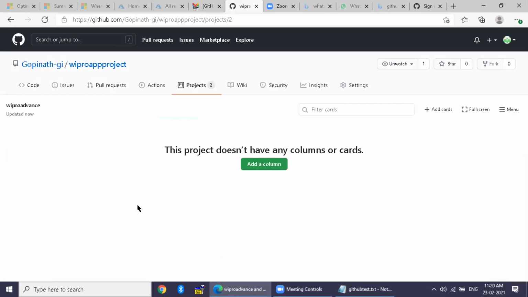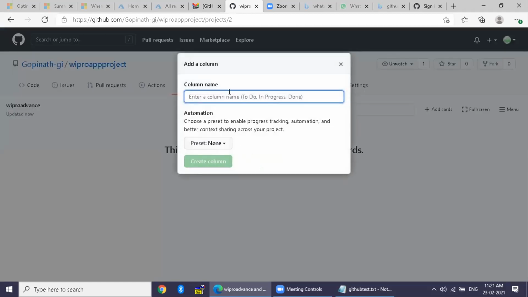Now it does not give you anything, right? It's blank. So now let's add a column. For example, maybe you have a column called phase 1, or you can say a planning phase. Click create column.